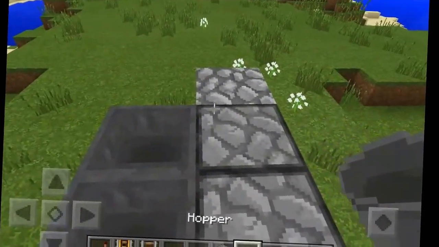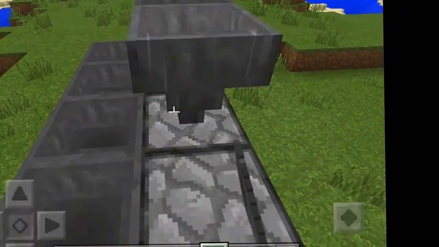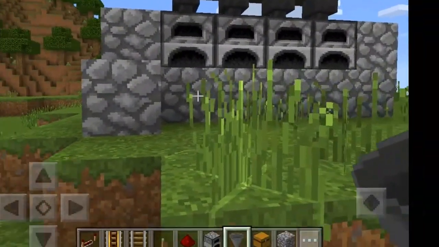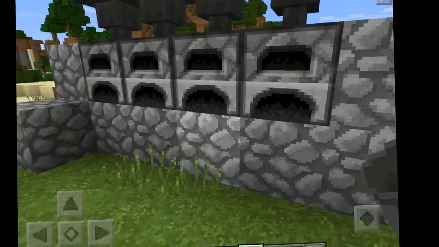And then what you want to do is go ahead and put your hoppers on top of your furnaces just like this. Now this is where the food or your ores are going to go into to smelt. So alright, okay, then also now after that, what you guys want to do is